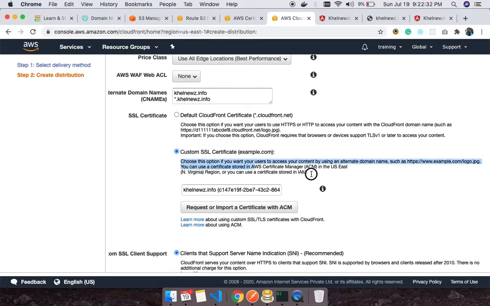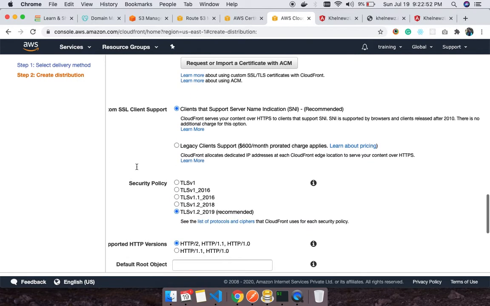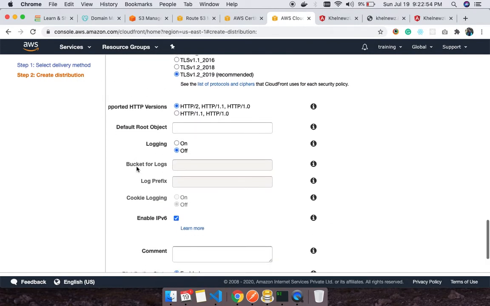Initially when I was creating the certificate, this is the problem I was facing, because I was creating the certificate in a different region. That's the reason I was not able to see the certificate listed here. So please make sure we are creating the certificates under North Virginia. Okay, I think that's it from this.